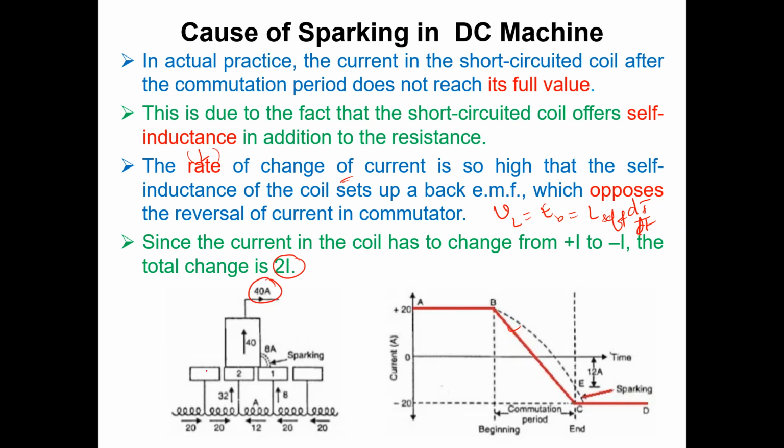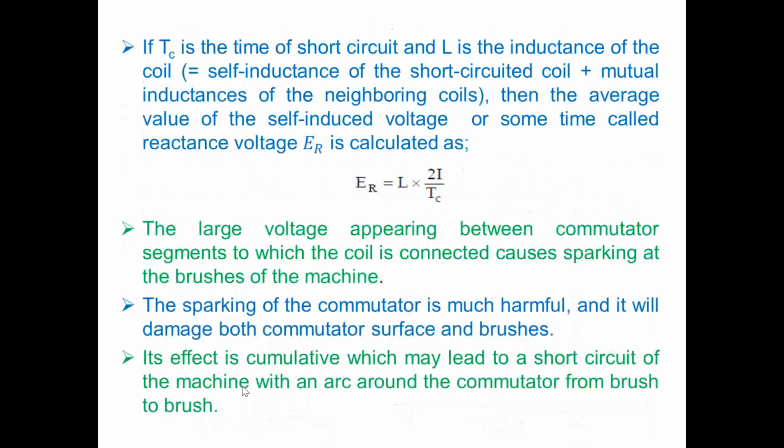Either you can say it in the definition way, or if the total current is I, then it changes from I/2 to minus I/2. It will again be the same. If I is taken as 40, I/2 is 20, so plus 20 to minus 20. Or either you can say it this way, plus I to minus I, which means the total change is 2I, or from I to minus I, then this current is I. You can explain it any way. So this will be the reason. That means this self inductance is a reason for sparking.